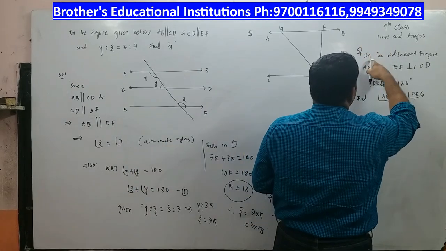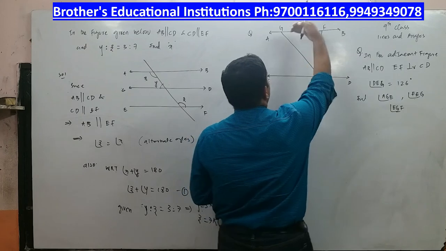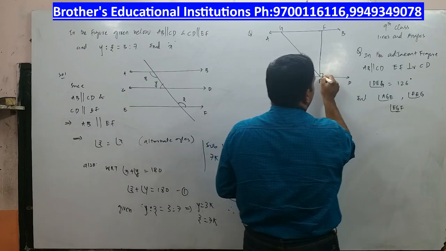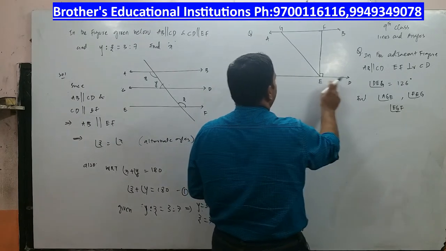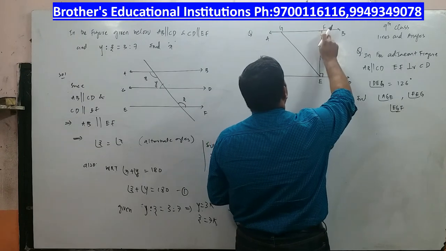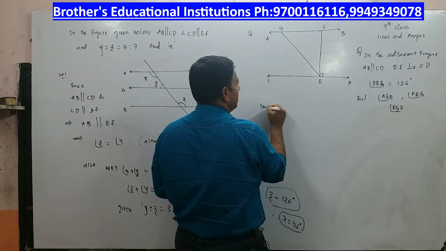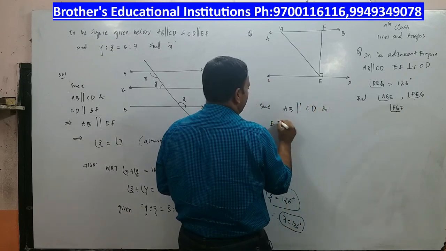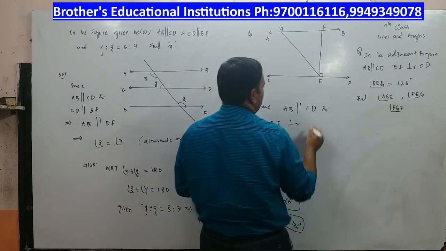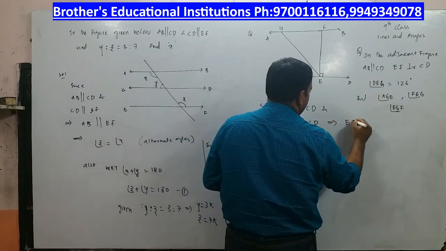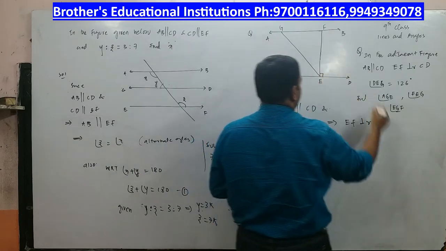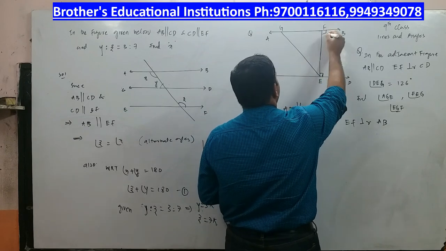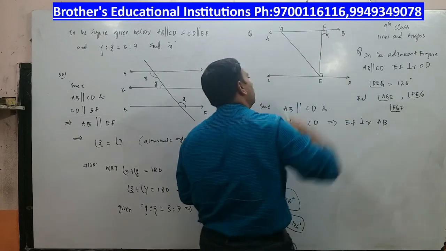This is a question here. In the adjacent figure, AB is parallel to CD. Also, he has told that EF is perpendicular to CD, and when EF is perpendicular to CD, it is also perpendicular to AB. Alright, so since AB is parallel to CD and EF is perpendicular to CD, it implies EF is also perpendicular to AB. Means if it is 90 degrees here, also it is 90 degrees. Okay, so I put an arrow.